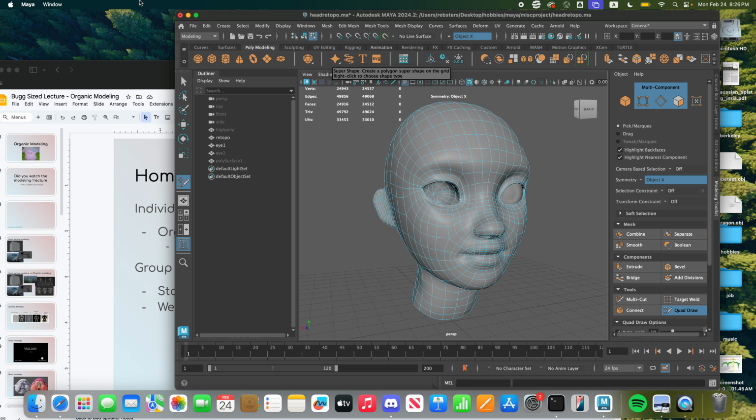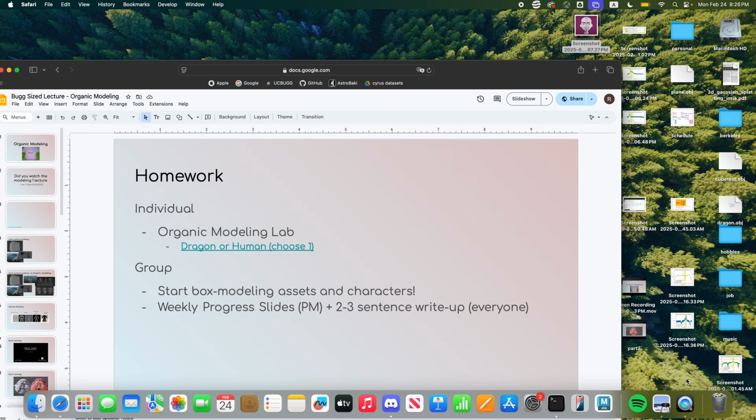For the weekly team progress, since there's a Friday section as well, it is to make sure you keep on track and also